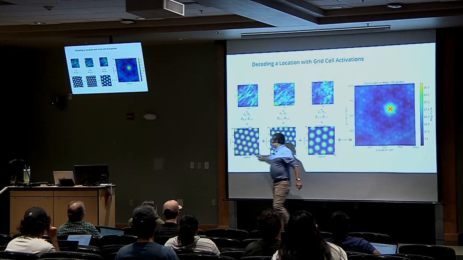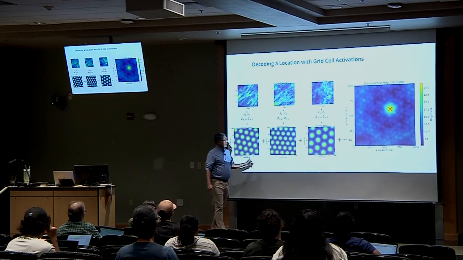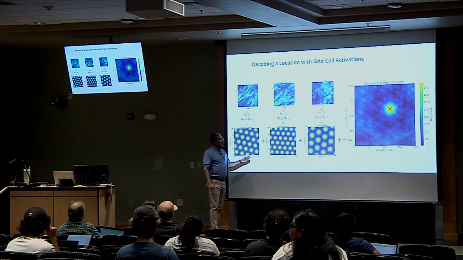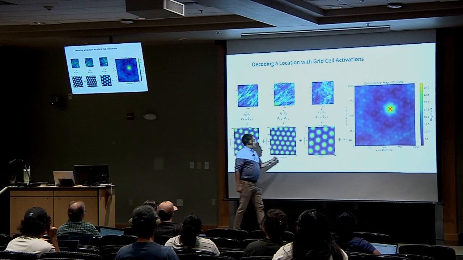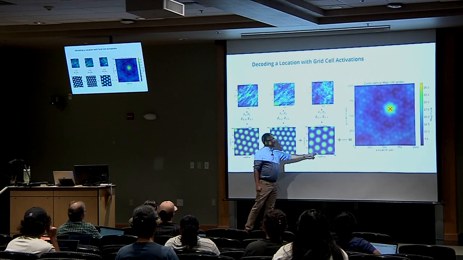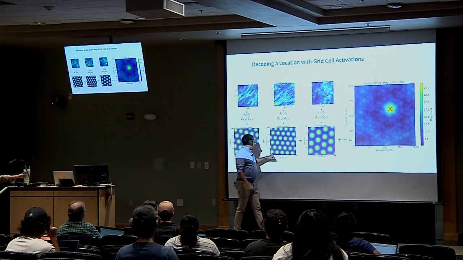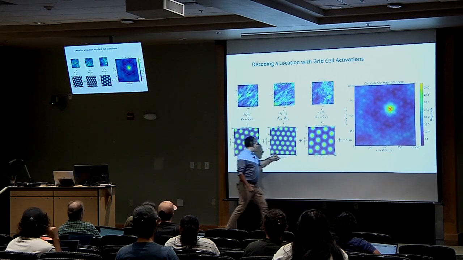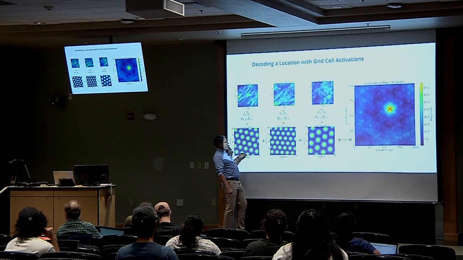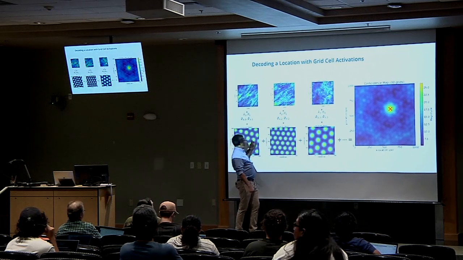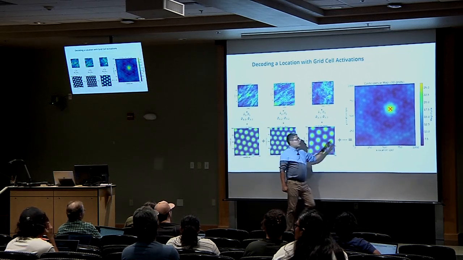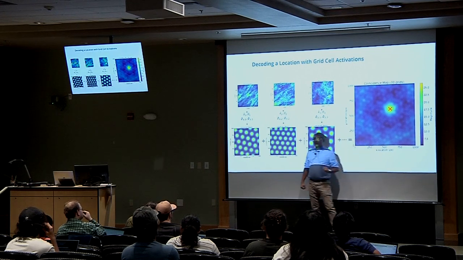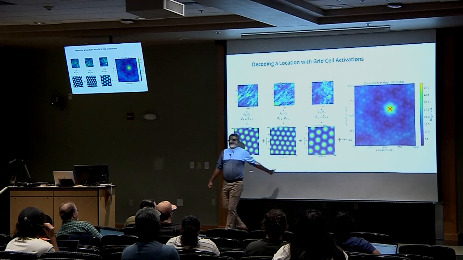This is an extremely inexpensive process. Once you have this firing pattern, all you have to do is superimpose all of them, do a simple addition. When different grids don't have matching firing, they die out. There's this one location where they consistently always fire. When you do that, you quickly understand where you are. Right? It looks like this.